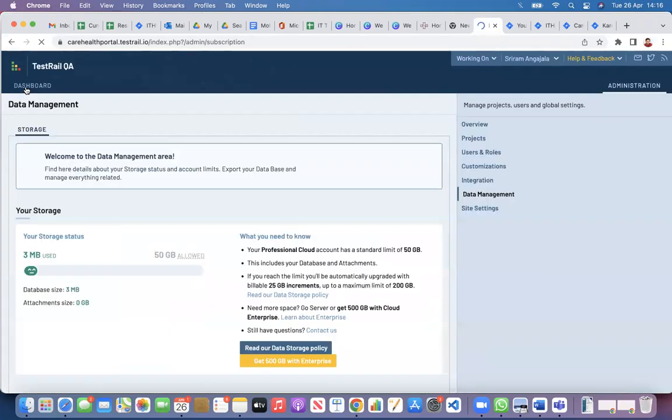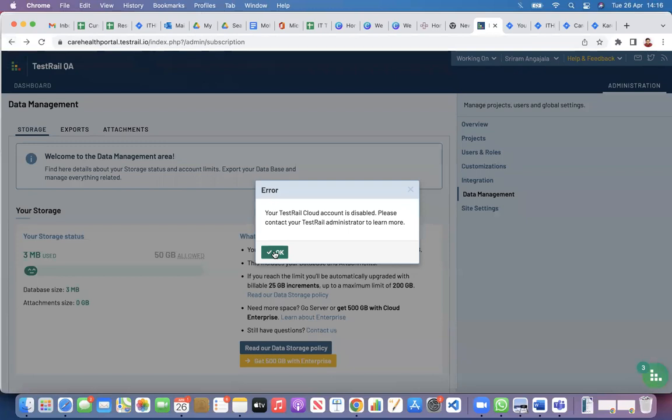What is TestRail? TestRail is a test management tool, but unfortunately it is not a defect tracking tool. So in a company,